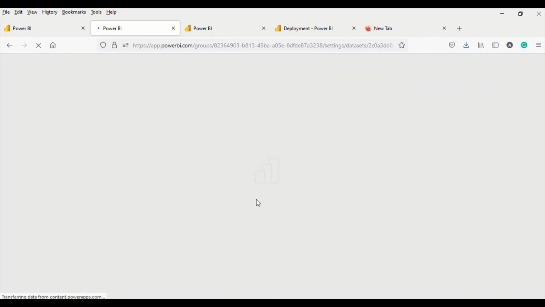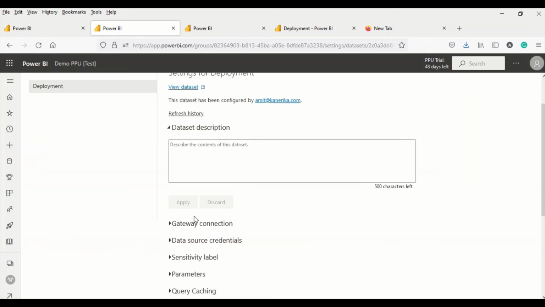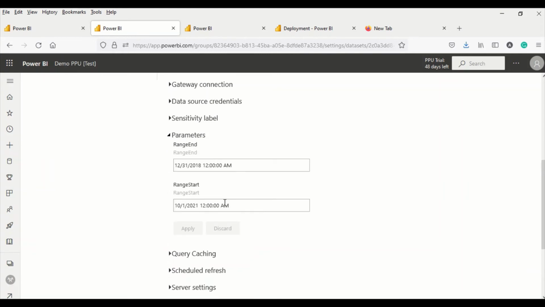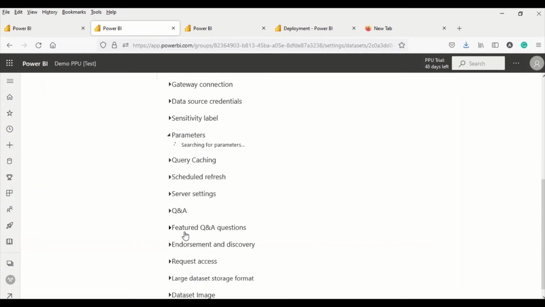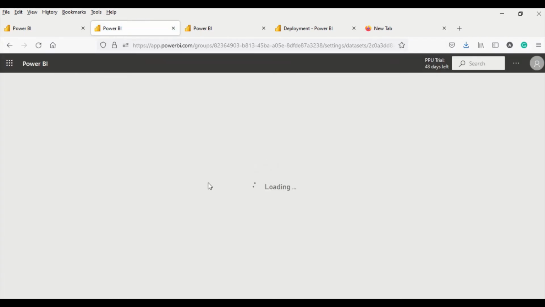Let's refresh the page. Go down here again in the parameters, make sure that the parameters have changed. And this one, oh, sorry, we have changed the wrong one. This should be 2020. Sorry, we have changed the wrong one. 2021, and this should be 10/1/2018. Both we have to change. This should be 31st 2021. Apply. So now it is correct. Let's refresh and check. The below one is start and the top one is end.